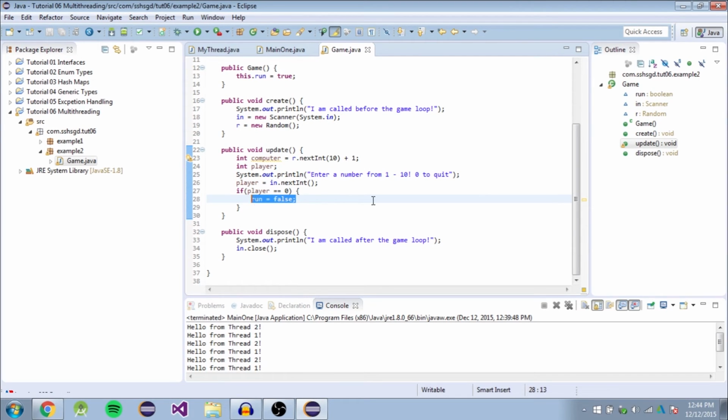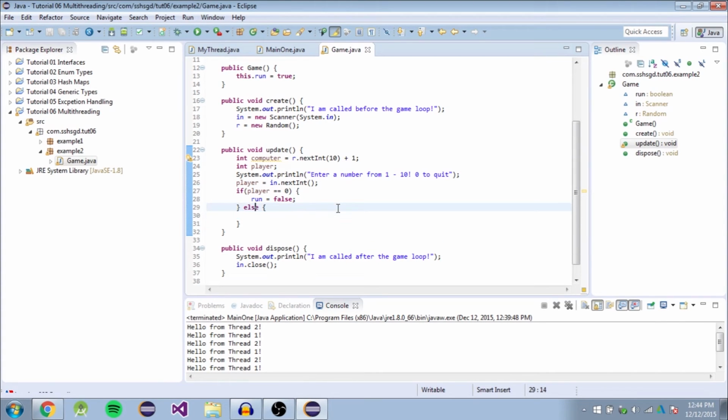It pretty much does that. It tells it to get out of the game loop. So else, now we want else if player is greater than or equal to 1 and player is less than or equal to 10. So if they enter a number between 1 and 10, then it's going to play the game, and if not, it's just going to go back to here. So if player is equal to computer,